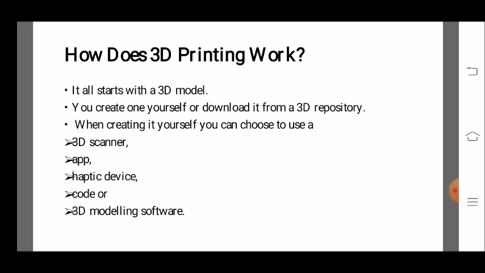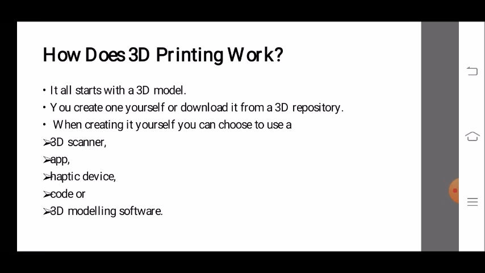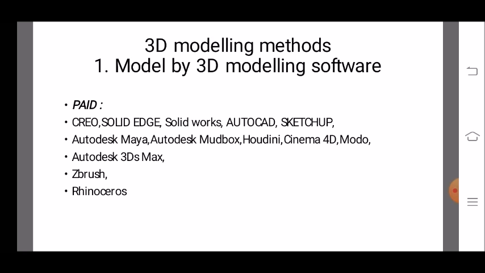Haptic devices can also help us to get a 3D model of a component. You can also have different applications through which you will be able to have a 3D model of a component. After generating a 3D model, you have to have data formats which can be compatible with the 3D printing software. So we have different 3D modeling software which can replicate the data available from the data scanners or the previous devices.